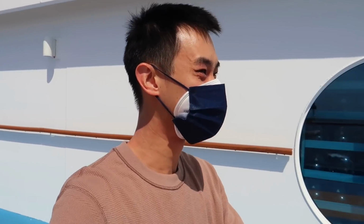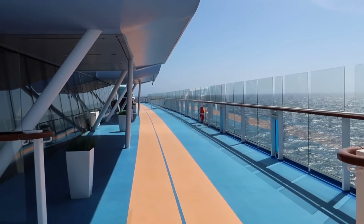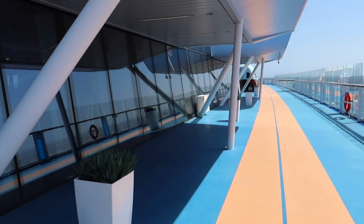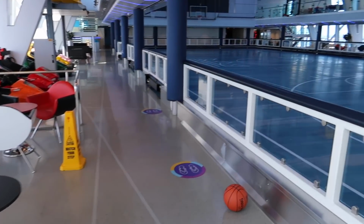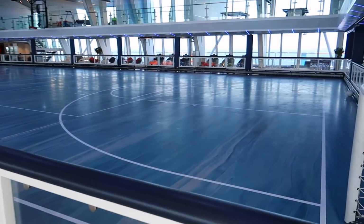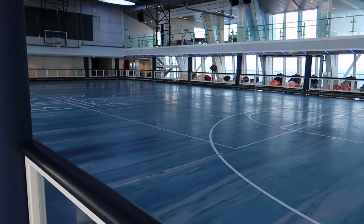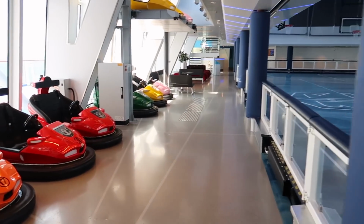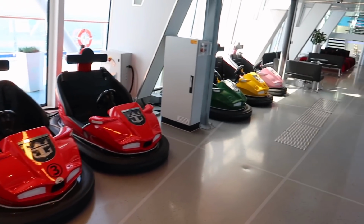Could you ever imagine just walking around the pool deck entirely by yourself? Nobody to bother you. So I've got the view of the ocean on one side, and I've got the view of the Seaplex. Alright, so I just made my way inside, and this is the Seaplex. Again, exclusive only to Quantum class Royal Caribbean ships, but this is most famously known for bumper cars and also